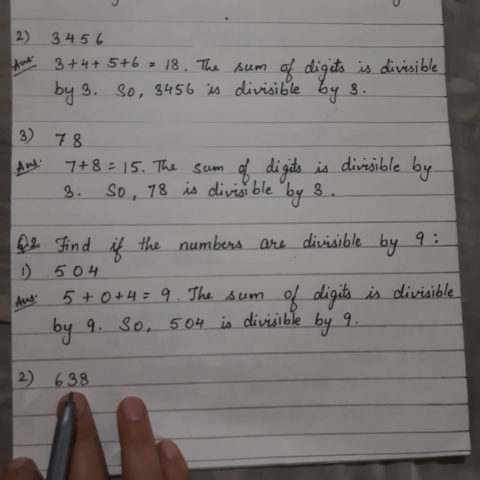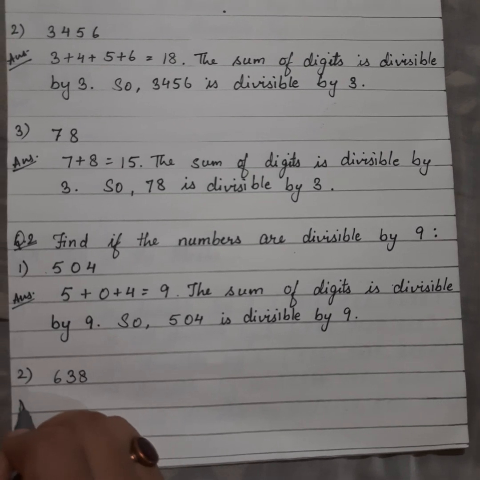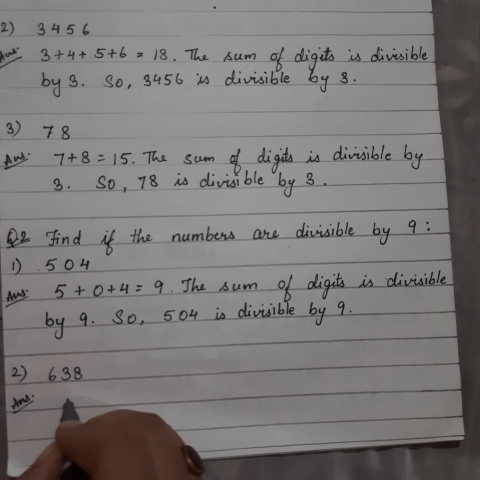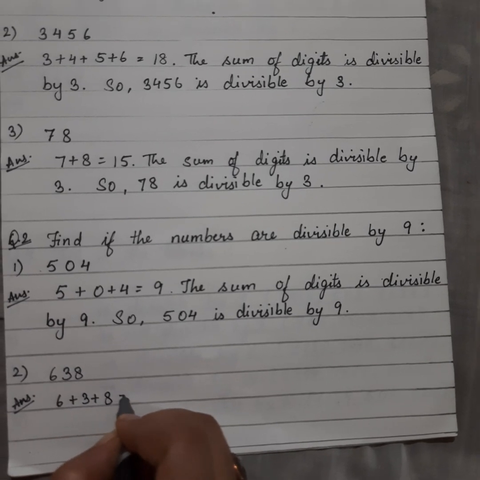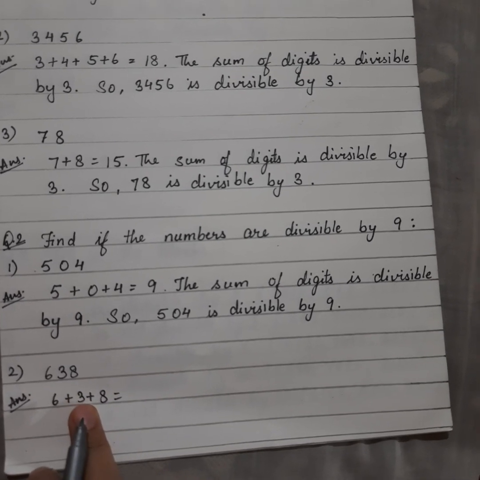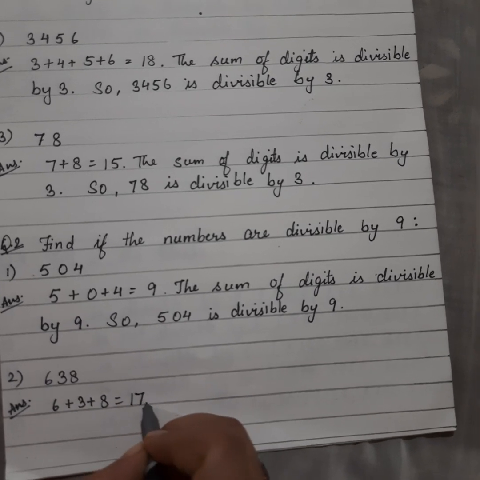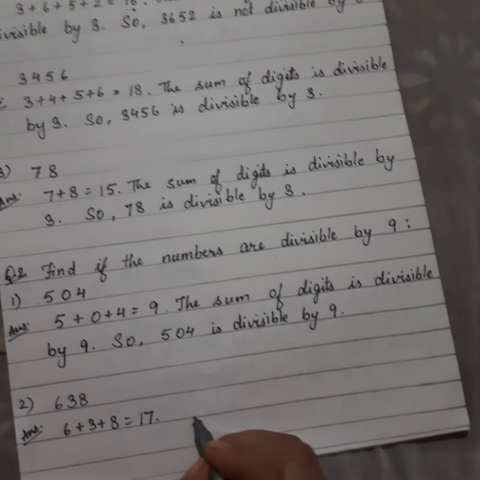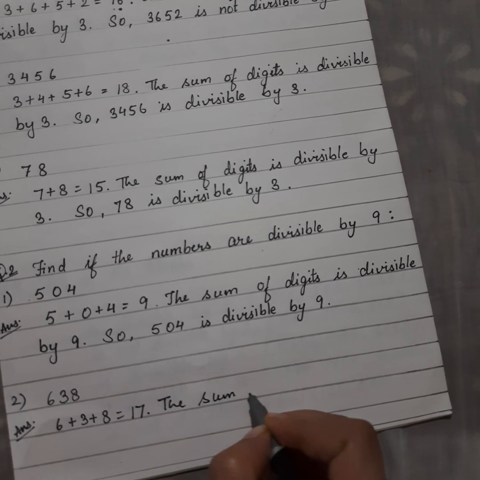Next question is 638. So how will we do it? First we will add all these numbers. 6 plus 3 plus 8, that is 6 plus 3 is 9, 9 plus 8 is 17. So you will write the statement here as the sum of